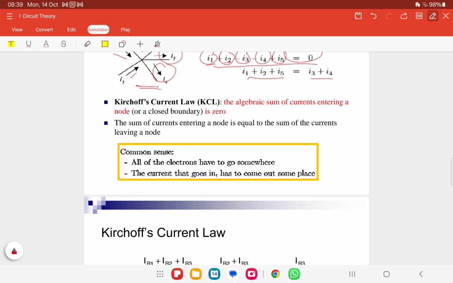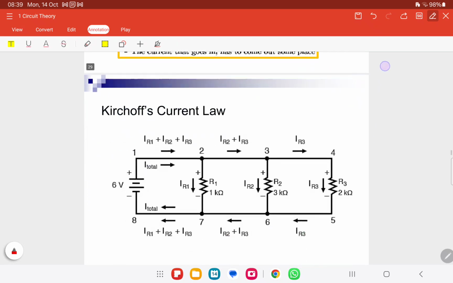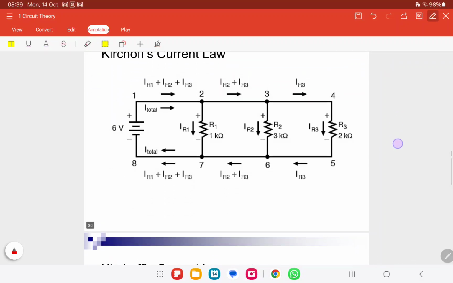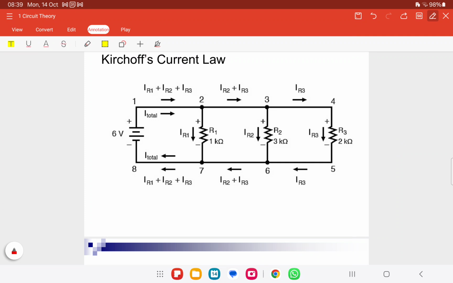The sum of current entering a node is equal to sum of current leaving a node. Okay, it must have directions to flow. Okay, go somewhere must have the direction. Alright, so for this one, we have the I total. I total kat sini, this is semua line sini adalah I total. Okay, and meaning that I total equals to,